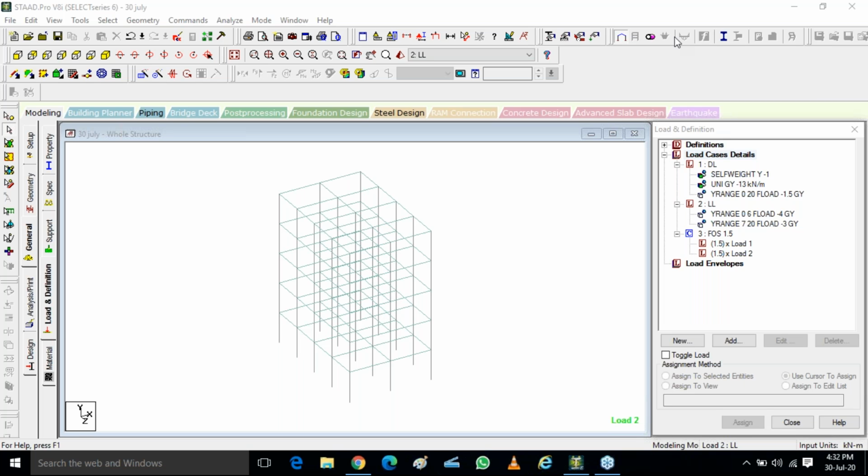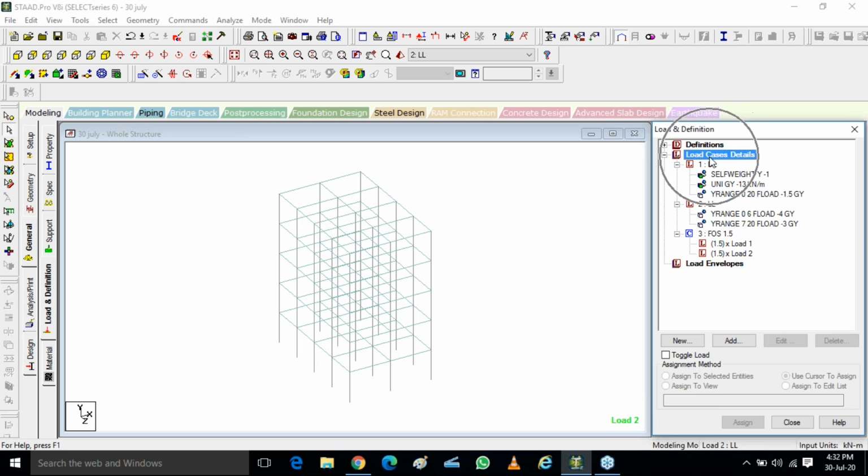Exactly. Because other than these load combinations, these are manual load combinations that I put. But in actual, Priyadarshan, very nice. Yes, absolutely right. We cannot analyze our model because no support is there. And apart from that, Shubhankar is also right. The load combination we have to do according to our IS codes.